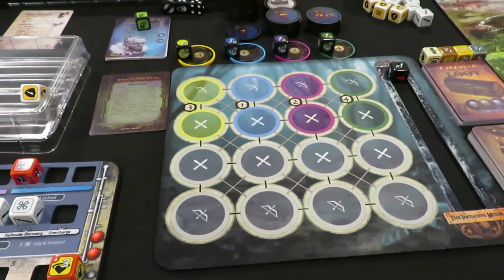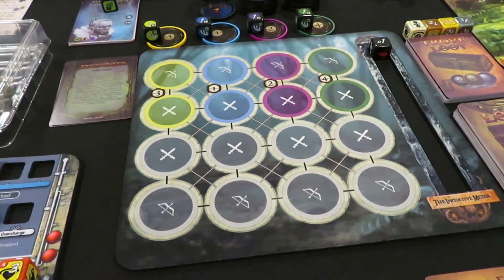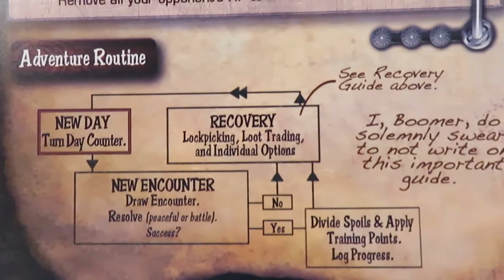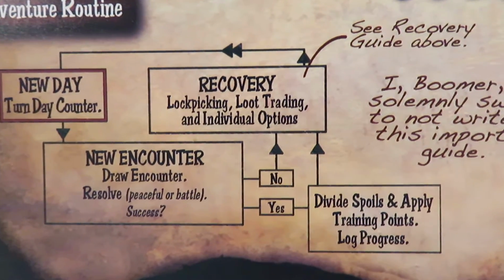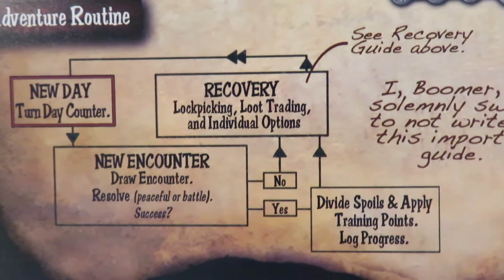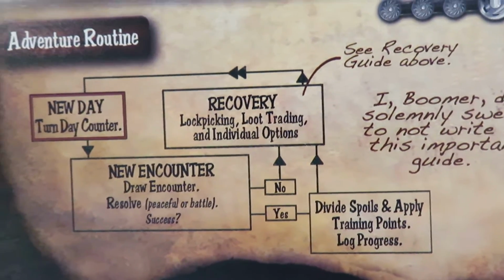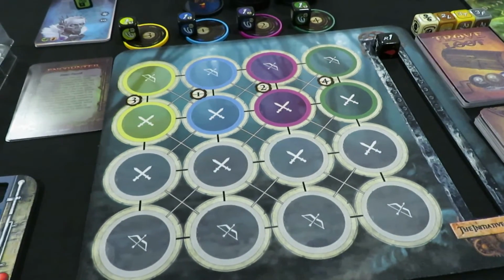We know that. So we're going to go ahead now and talk about what happens when you fail an encounter, because that's a whole bunch of fun, right? You can even see it in the adventure routine here. When you finish an encounter, in the bottom left, there's a no or a yes, right? We've always gone to divide spoils and apply training points and log progress. We don't do that this time because we did not successfully resolve the encounter. So we go to recovery, meaning we can go ahead and do what we are very used to doing, which is picking up...